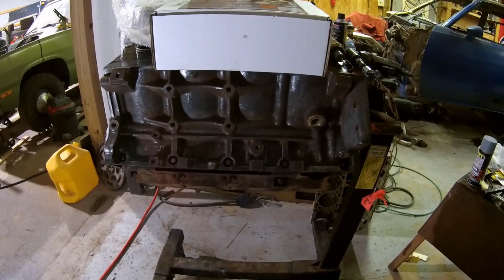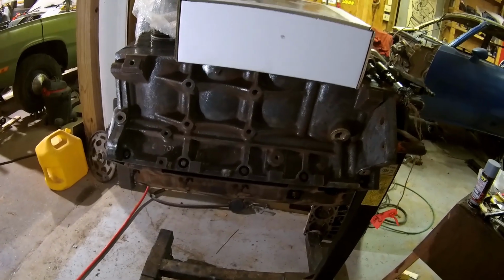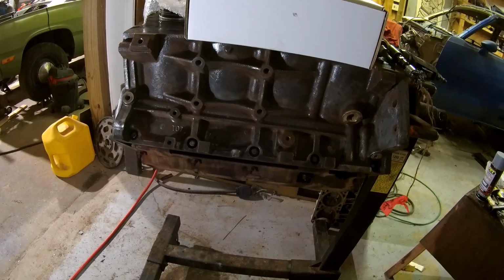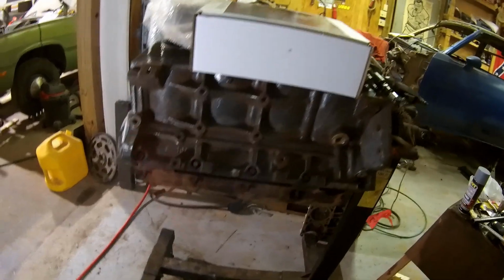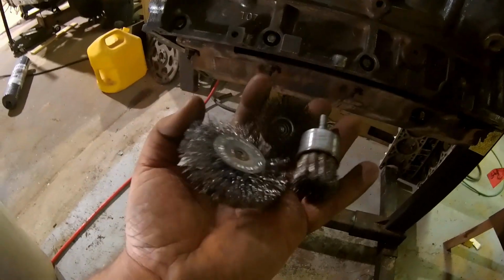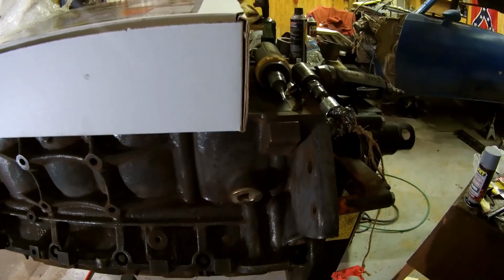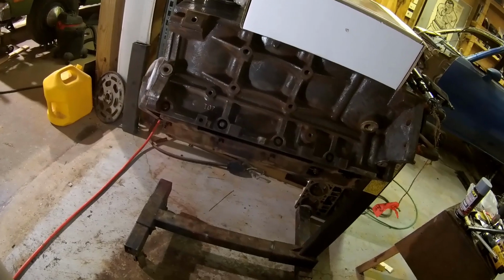Alright, so I have this block cleaned, as good as I'm going to get it. Takes a lot of effort to do one of these. I didn't film any of it because it's very boring to do and to watch, but you gotta get creative. There's a lot of little nooks and crannies. I've got 3 brushes, 4 brushes, and then I've also got a porting kit with it. Comes with those little roll cartridges, and I got the 3 sides of it clean anyways, the front, the 2